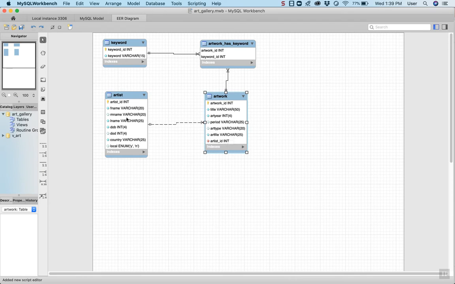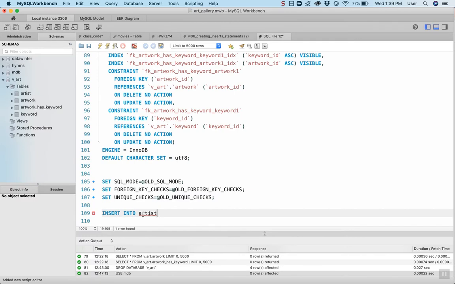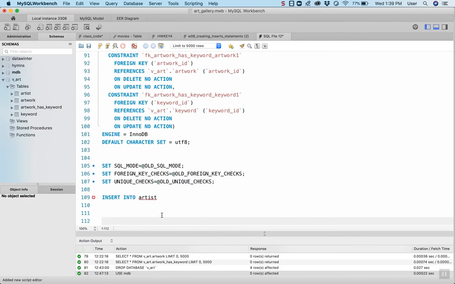So I would do the tables that do not have foreign keys first, like artist and keyword, then do tables that will reference those primary keys as foreign keys. So your artwork has keyword will probably be the last insert that you run. Hopefully that makes sense. Let me just show you quickly what I'm kind of talking about. So say, go ahead and finish the artist and make it perfect. Then I would maybe start the artwork one,